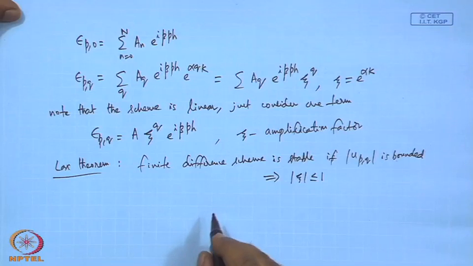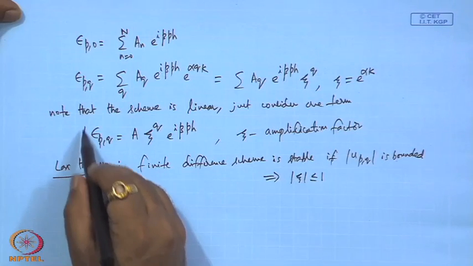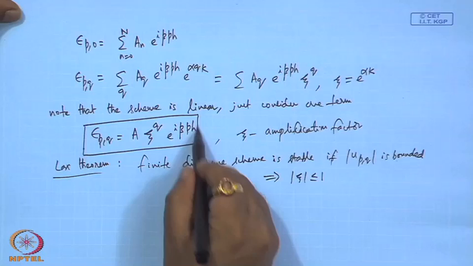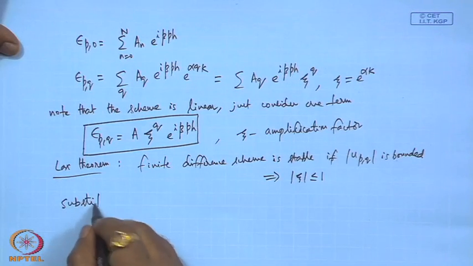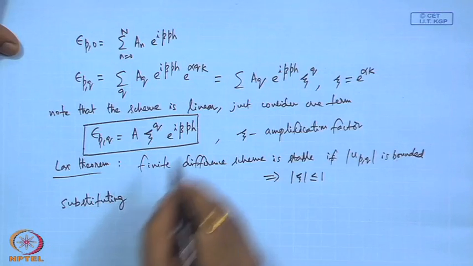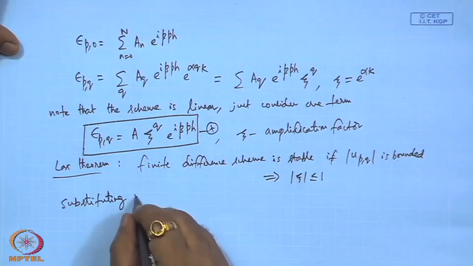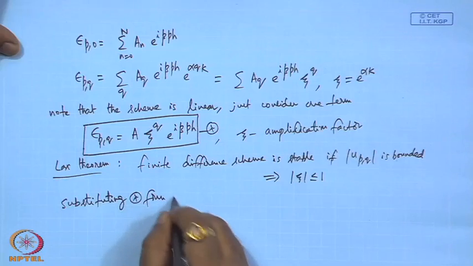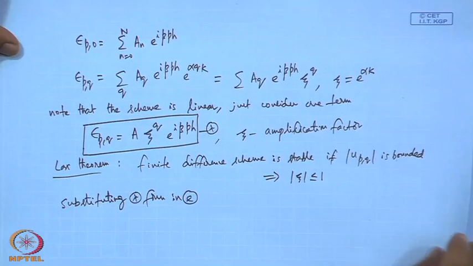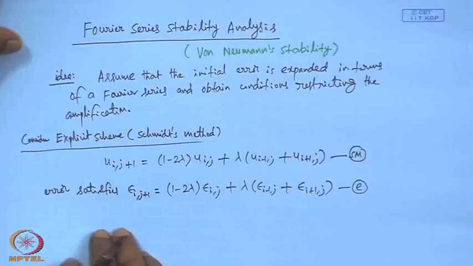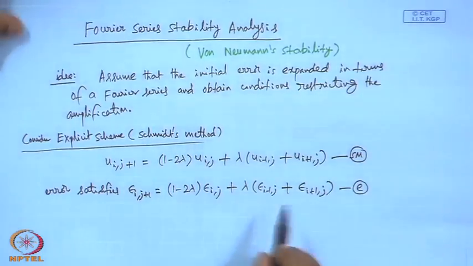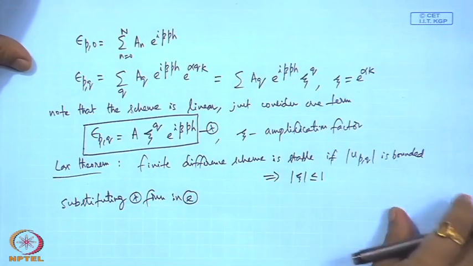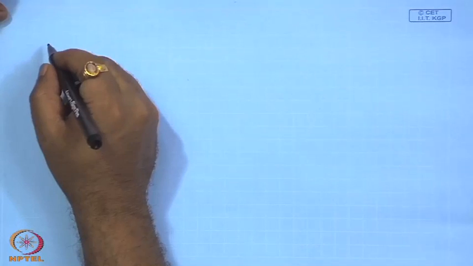Okay. So, let us substitute this star form in E. So, what was our E? E was the difference equation satisfied by the error. So, if we do this, what we get is as follows: